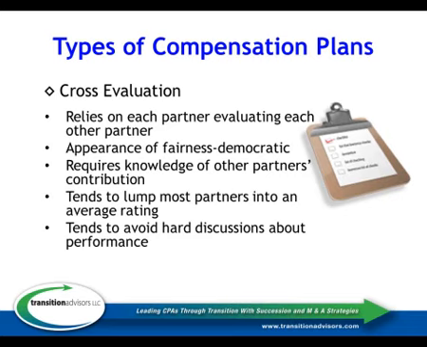What happens in the long run is that as people have obvious performance issues that need to be addressed, it's difficult for the other partners to call those out satisfactorily or in a clear manner. It's hard to deliver the message that needs to be delivered because we're delivering it through a cross-evaluation system and we're not really having the conversation that we need to have. But it is a good way to start introducing some other criteria into the evaluation system for generating compensation.